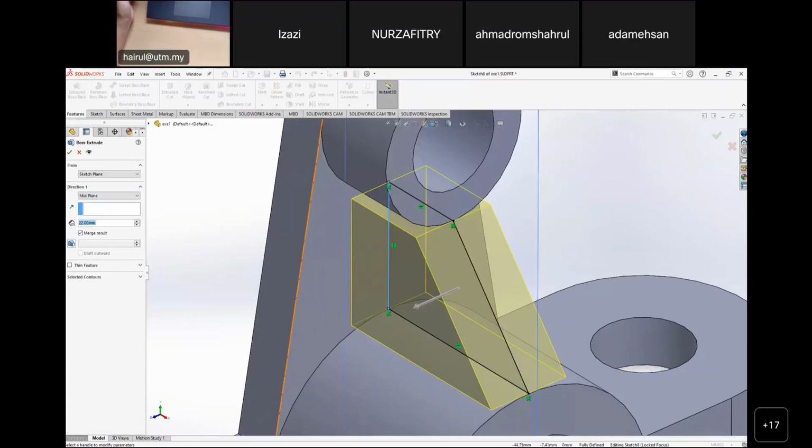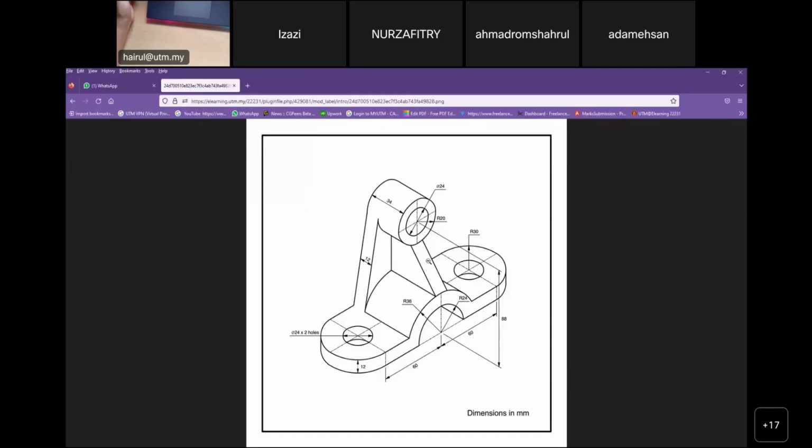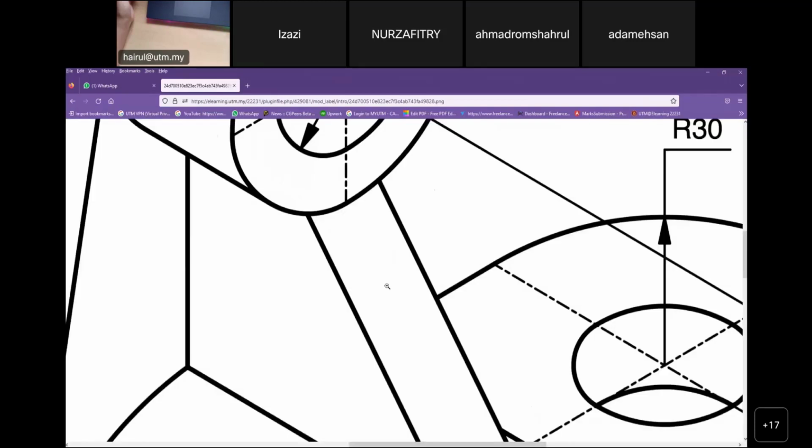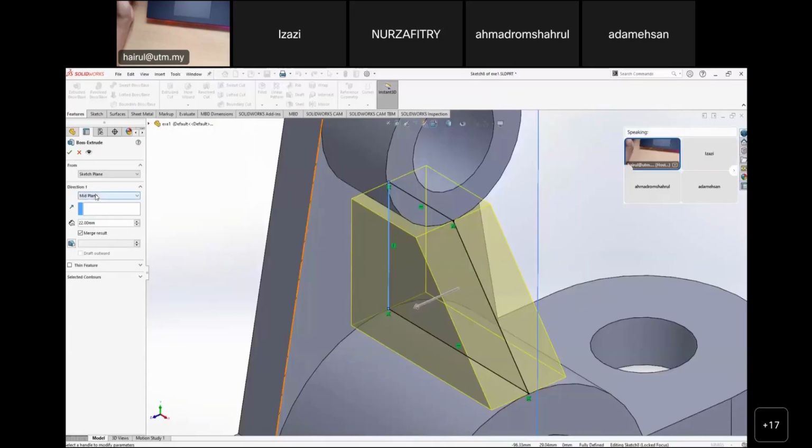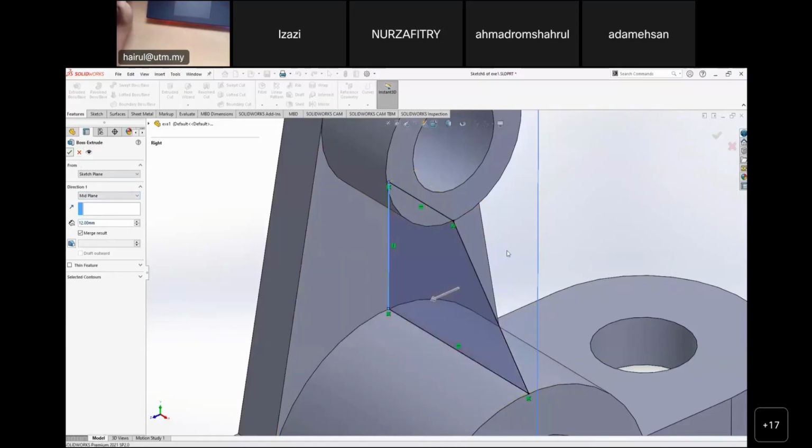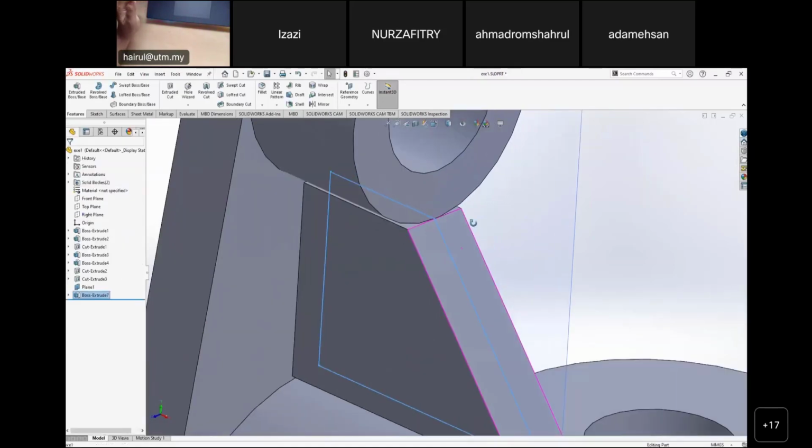At the center, and the thickness of the rib is not given in the exercise. I believe it's 12 also, because the wall is 12. The thickness of the wall is 12. So I'm using mid plane, guys, at the center on both sides, so the total thickness will be 12. So this is not the right way to do it. It seems it cannot work. If I don't merge the result, it cannot work, because it has